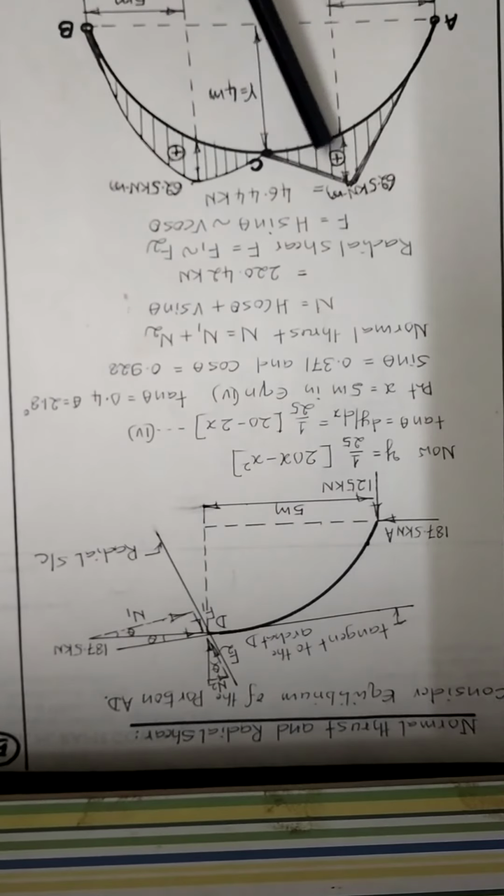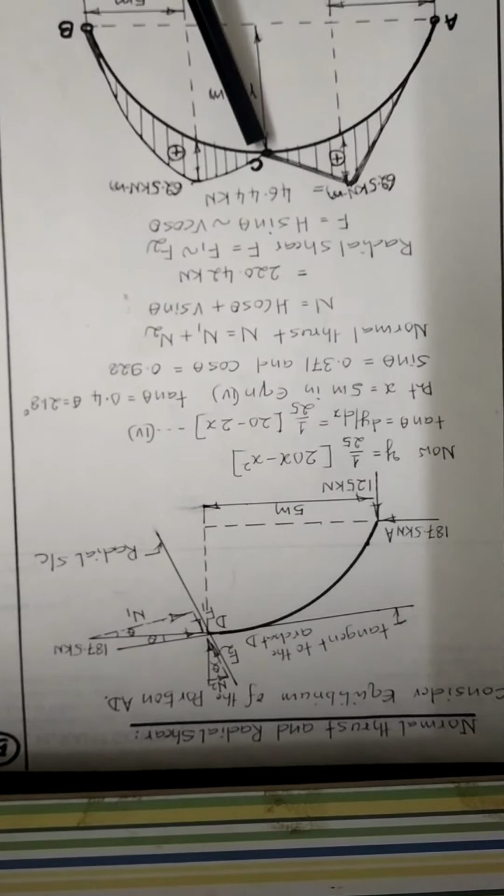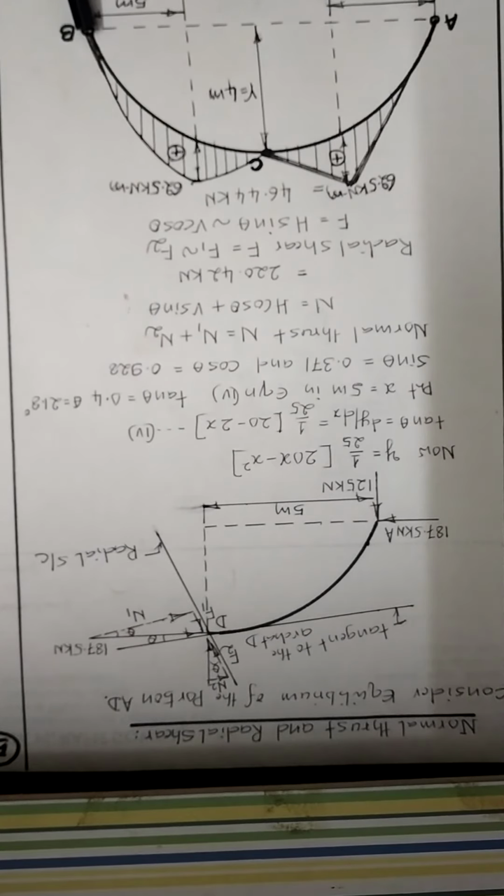In the portion AC, join these points by a linear or straight line, because this point is subjected to a point load. While marking the bending moment shape for the portion CB, draw these two points and join them by a curved line or a part of a parabola, because the nature of the load acting in the portion CB is a uniformly distributed load. For a uniformly distributed load, the shape of the bending moment diagram is curved, a part of a parabola. Rise of the arch is 4 meter, span of the arch is 20 meter. This is the bending moment diagram for the given arch.